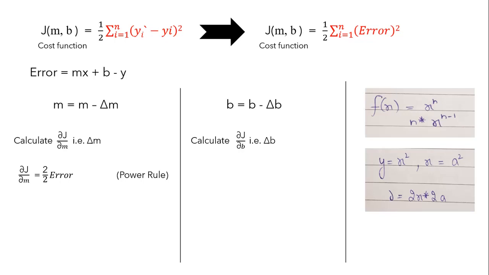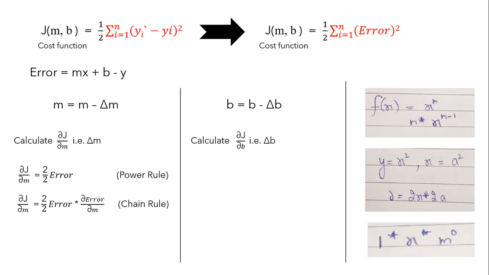And that's what we'll be using for our cost function, that is derivative of error relative to m, and that is nothing but the delta m value. So guys, let me quickly calculate derivative of error for you right now. As we already know that error is mx plus b minus y, where mx plus b is y hat value. So in this situation, x, b and y will be our constant, as we have to look only into m value. So derivative of this will be 1 into x into m to the power 0, which means x. So we can write it as error into x.